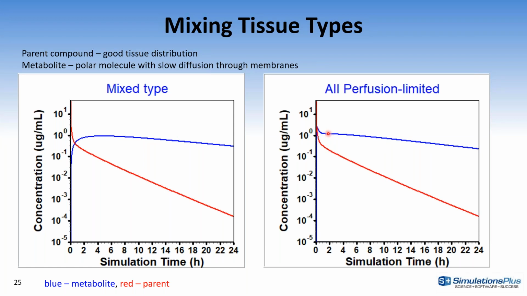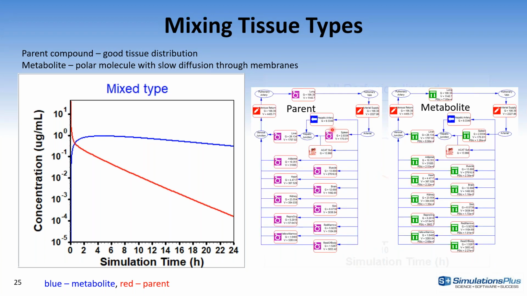At this point you had a choice: either live with a bit of a mismatch on the appearance phase for the metabolite, or change the parent compound model into a permeability limited model with high PSTC values just to approximate the perfusion limited model that you actually needed. So you will not have to live with these approximations or modify the model for every different scenario. You can now mix and match the tissues, so you can have a parent with perfusion limited tissues and a metabolite with permeability limited tissues, or the other way around, having any mix of the tissue types.